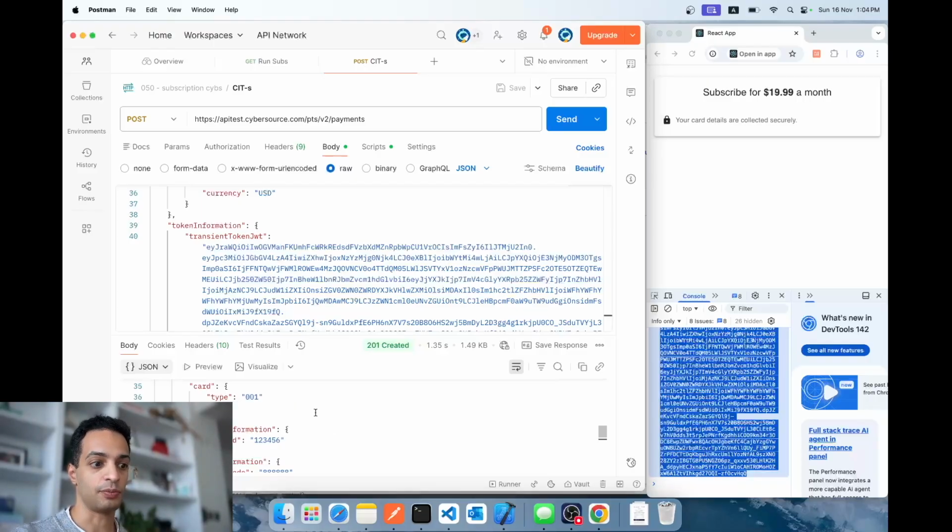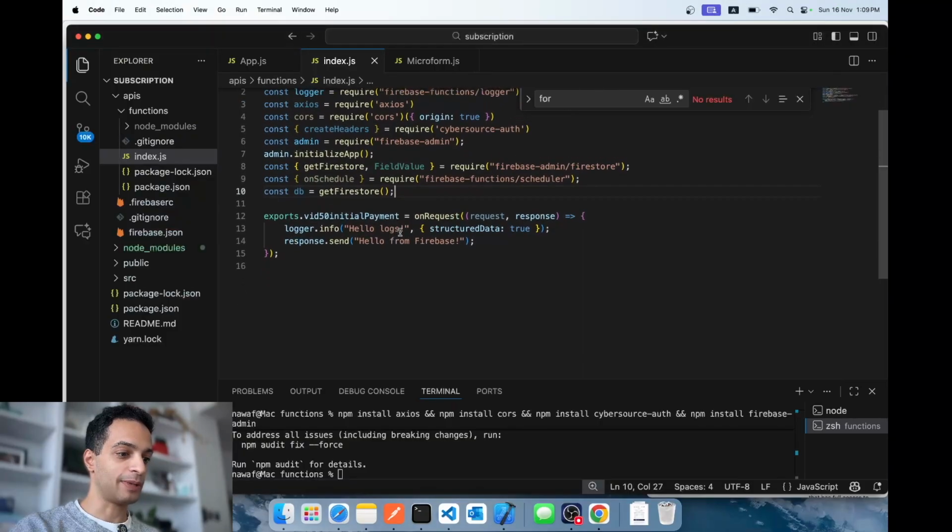So this will be our first step: to build an API that does that initial payment, stores the details like the token and the initial transaction ID in the database, and also sets the date timestamp for the next payment next month. So let's go ahead and implement that. Okay, now I'm switching to my API